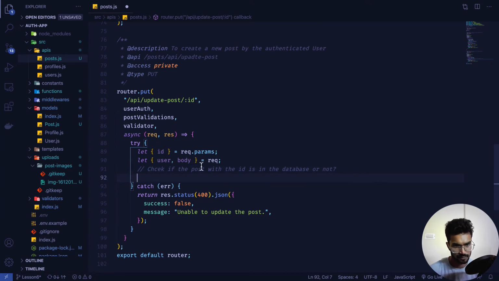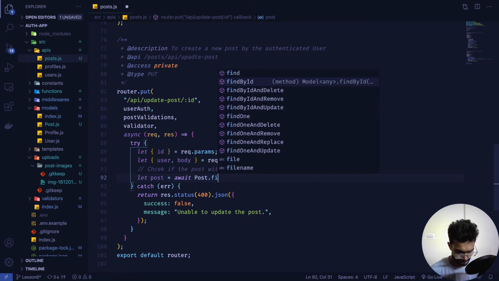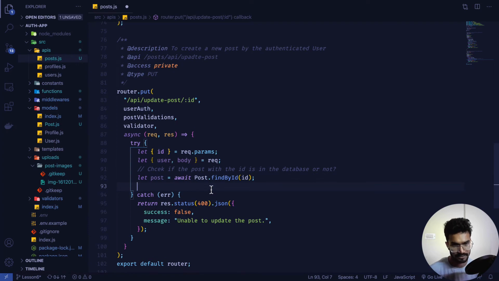The way we can do that is to make use of this ID. So let post equal to await, because it's gonna query the database, so we have to await the response from the database. Then we will do our job, find one, and inside that we'll pass, actually not find one, we'll use the findById method. So here we are gonna pass that ID which we grabbed from the parameters. And now once we are done doing that, we can simply go ahead and